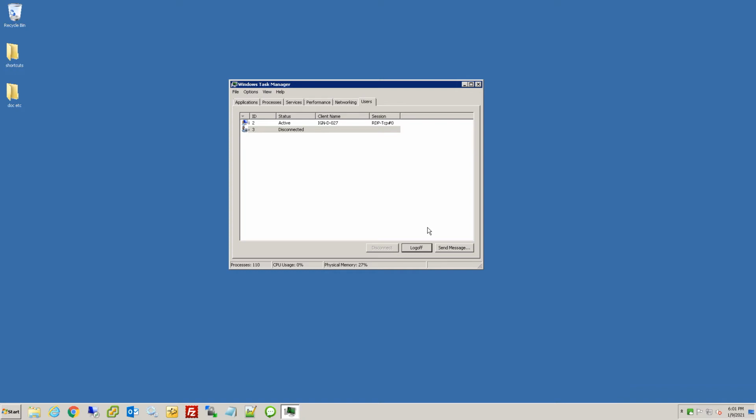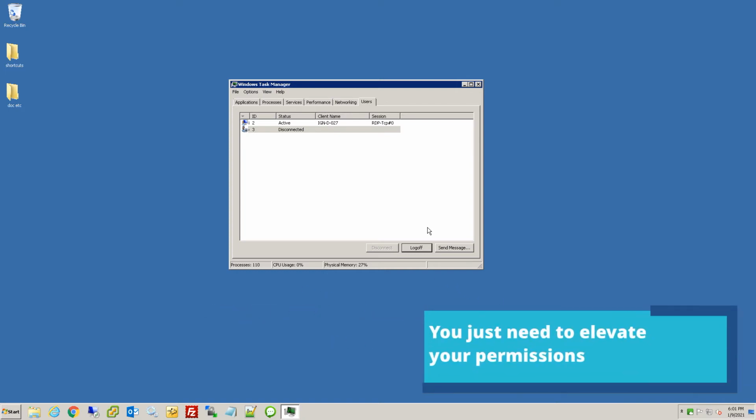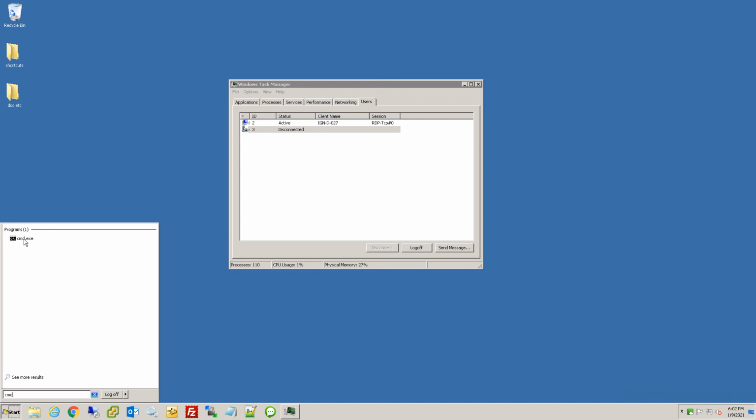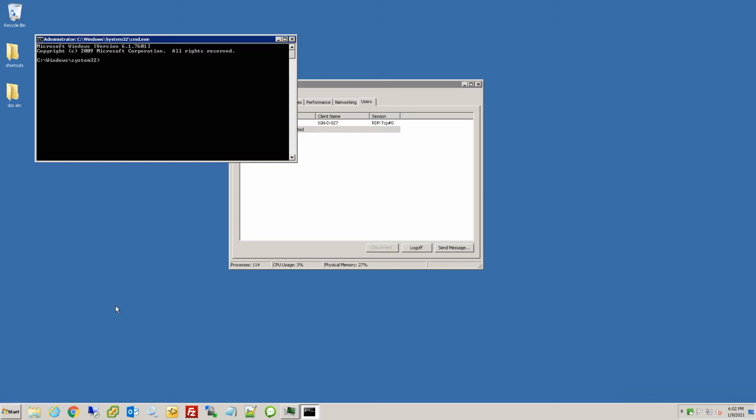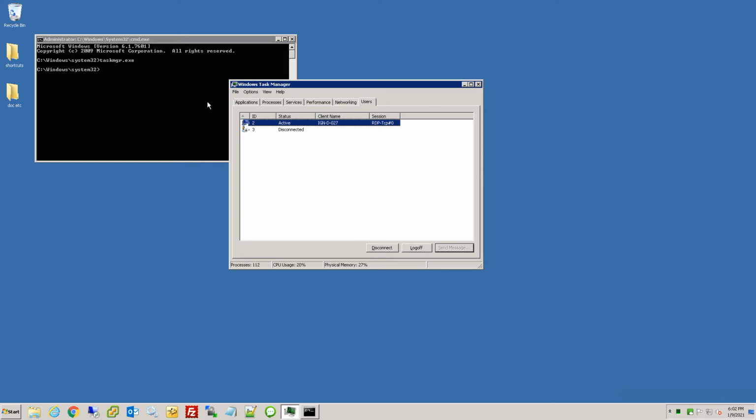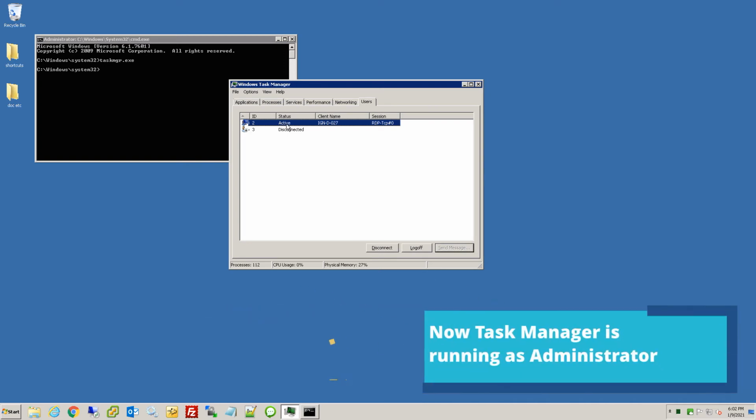But to get around this, you just need to either run Task Manager as admin or open up command prompt as admin and then execute Task Manager to open. So let's go ahead and show you the first way. So we open up start, type in CMD, right click and do run as administrator, hit yes. And then you want to close the current Task Manager you have open. And then you can just type in taskmgr.exe, hit enter, and then boom, opens up Task Manager again,